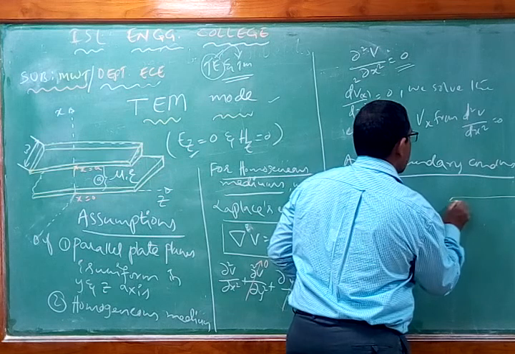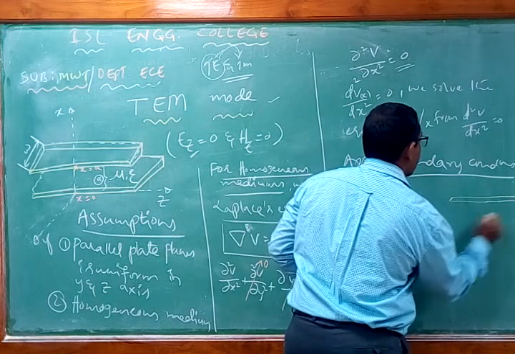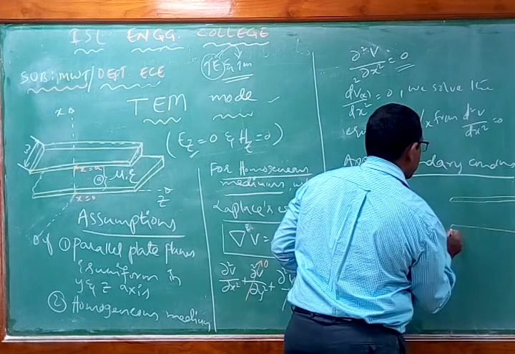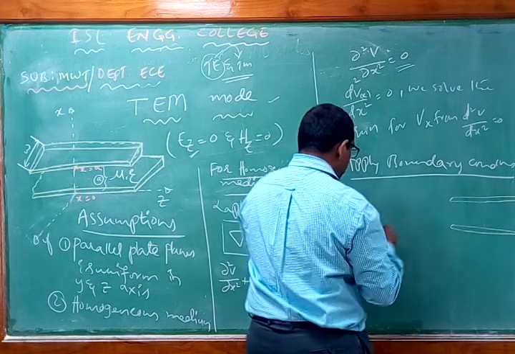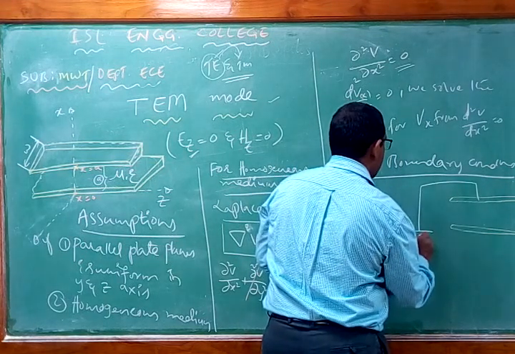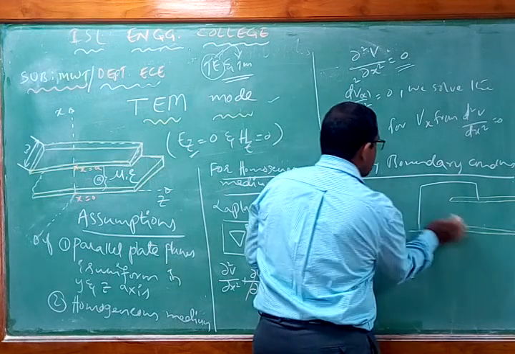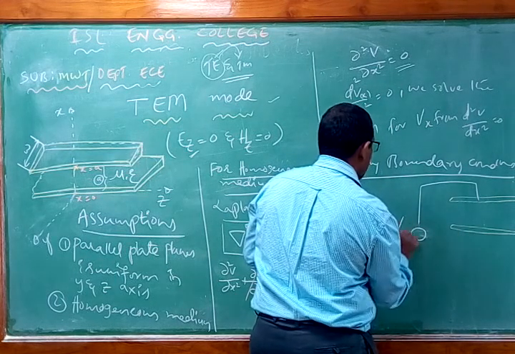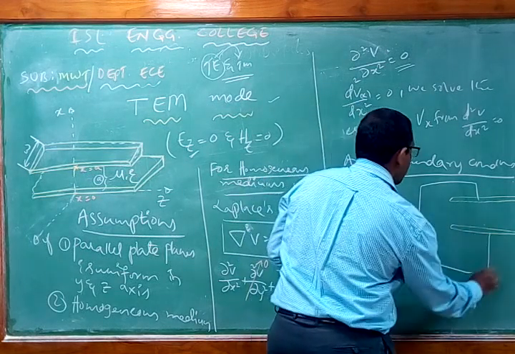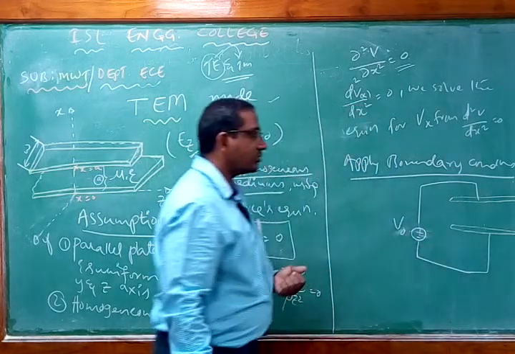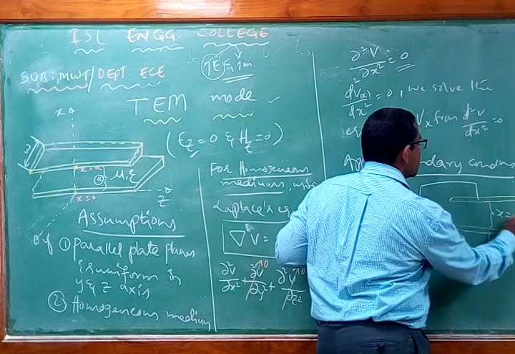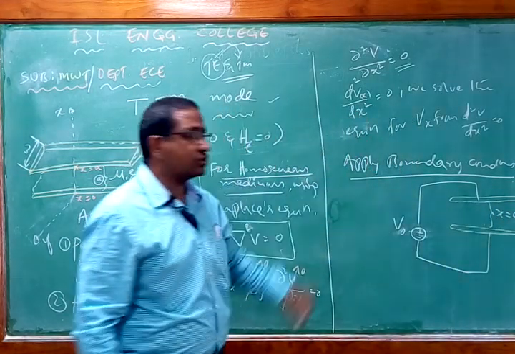So this is along the x direction. This is one plate I am going to have. Then similarly I am going to have another plate. Now between these two plates I am going to apply a potential, or some voltage. I can call this voltage V0. So this is the voltage I am going to apply here, plus minus. So the distance between these two is x is equal to a for us. So these are the two plates.